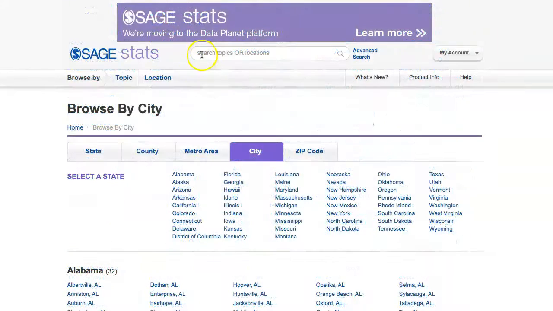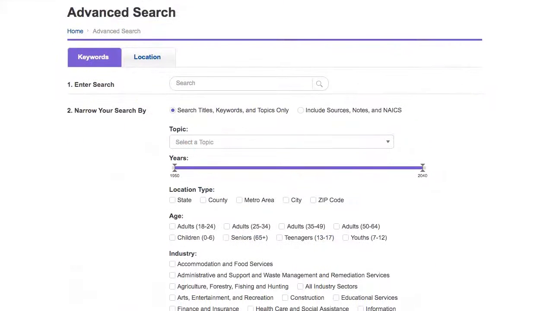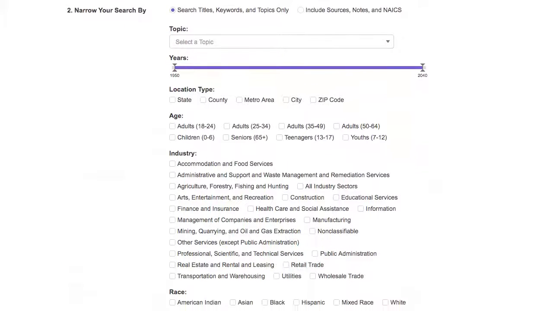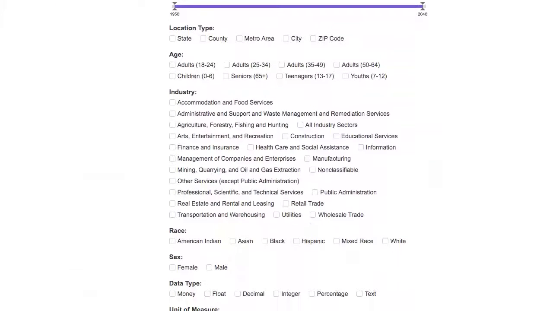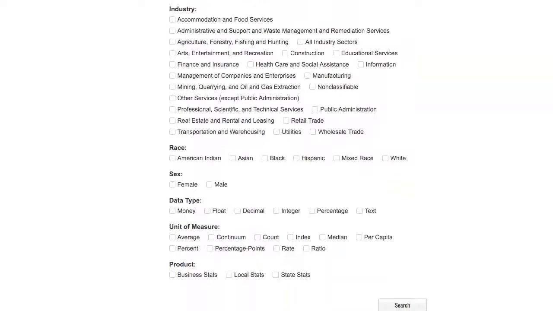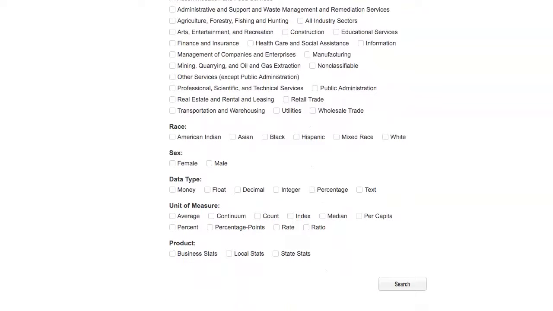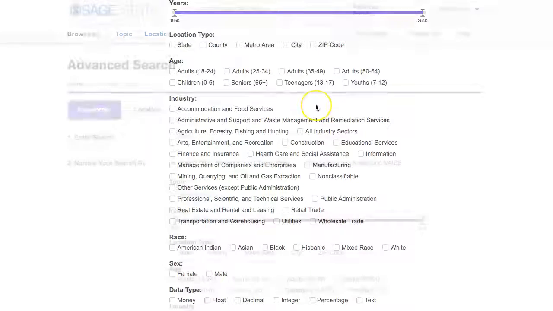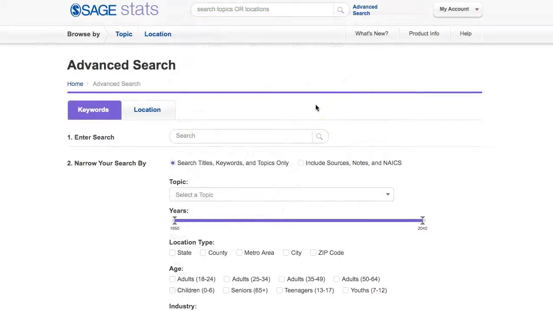Back on the home page, enter keywords in the search field or select Advanced Search to add additional search criteria. The Advanced Search allows you to limit your results based on topic, years, location type, age, industry, race, sex, data type, unit of measure, and product. We are going to focus our search on location-specific stats, so I'm going to click on the Location tab